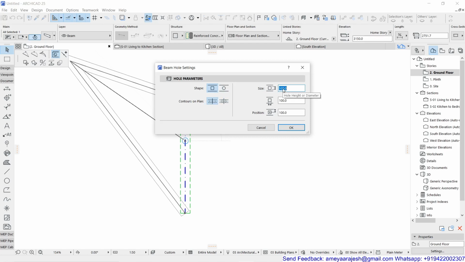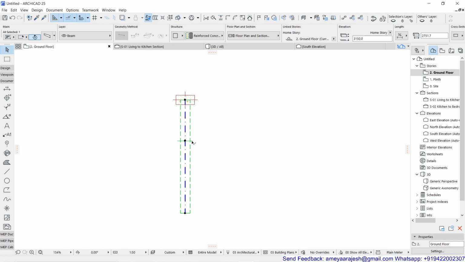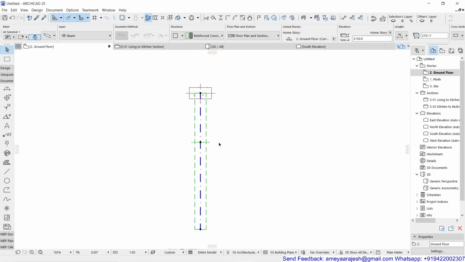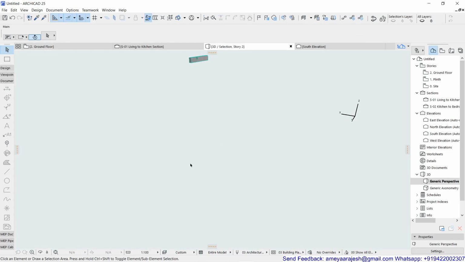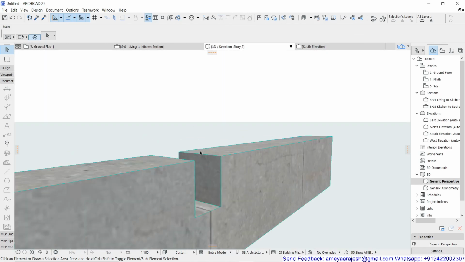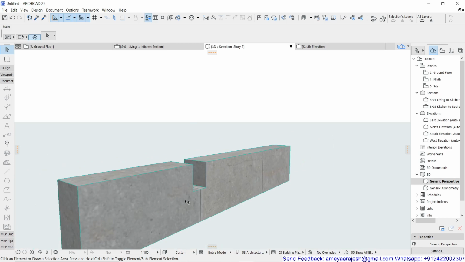The size of the hole, say maybe the size of the hole is supposed to be, depth-wise, I'm going to take as 200, and width-wise I'll take as 150. Then the position from the top of the beam, where the position should be. So 100 was the offset. When I say OK for this, you will see how the presentation looks. Obviously, now because the beam is selected, if I press F5 on the keyboard, and then you can even use Fit in Window, you will see how this beam is supposed to be displayed for you.